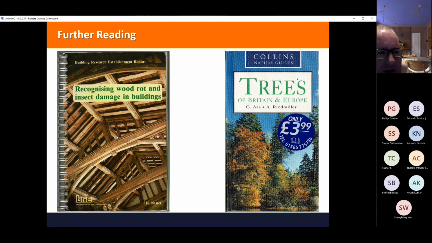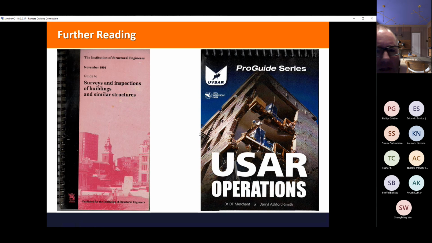Brands have some guidance, particularly on mould in New Zealand. And there are some tree guides in New Zealand as well. And again, this was a handy pocketbook I bought many years ago for inspecting buildings. The newer version is 10 times the cost and about 10 times as big as well. This is an odd one I've picked up. This is for first responders, basically. It's Urban Search and Rescue, and this is a pocketbook, and it's in waterproof paper, and it's got lots of guides on how to shore up temporary structures if they're leaning over or damaged and so on.